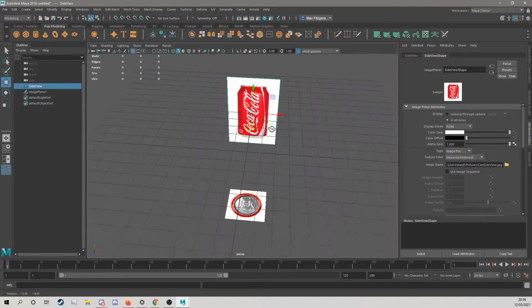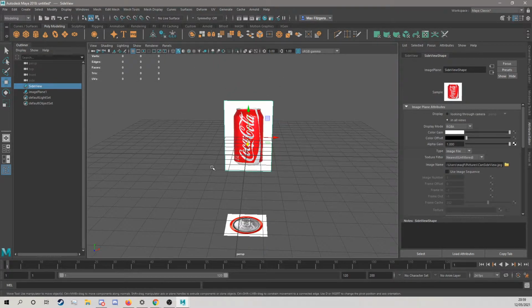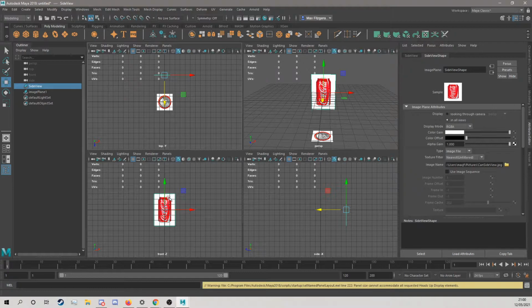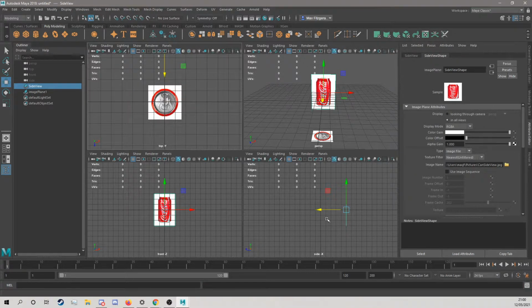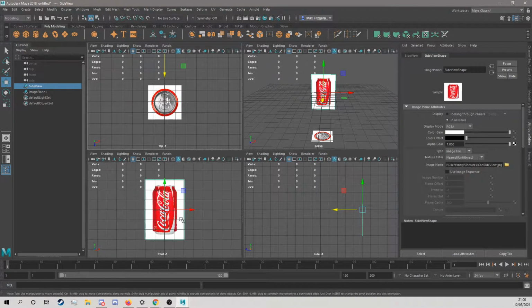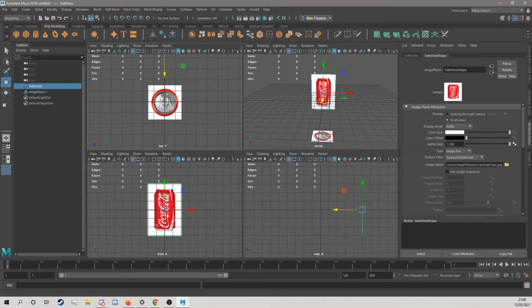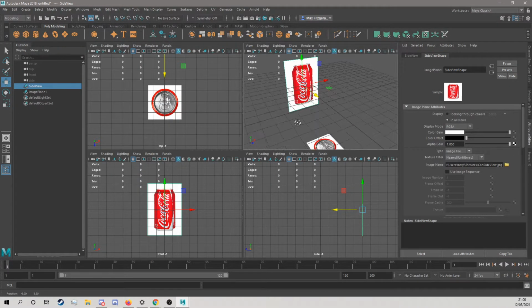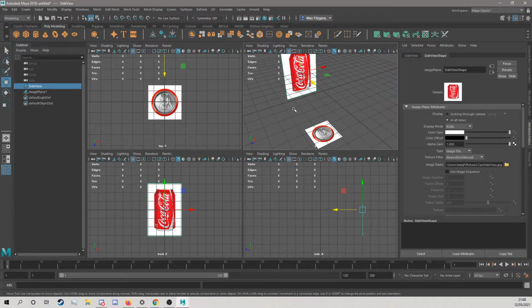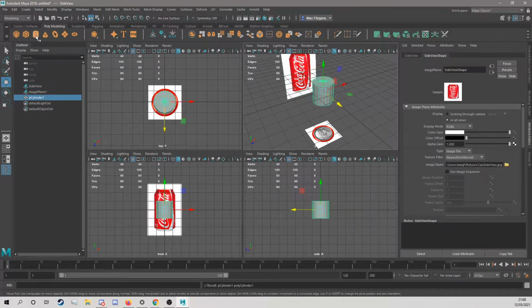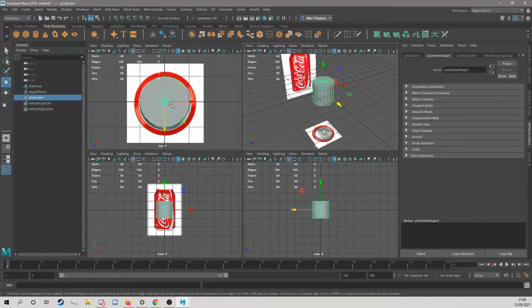If we bring these over here, a useful tool is pressing space on your keyboard. If you press space, it should come up with all your views: top view, side view, front view, I believe, yep, front, and then your perspective. This is going to be super useful as we'll be able to look at all of the references at once. So if I just bring a cylinder in, see the cylinder appears in our top view,